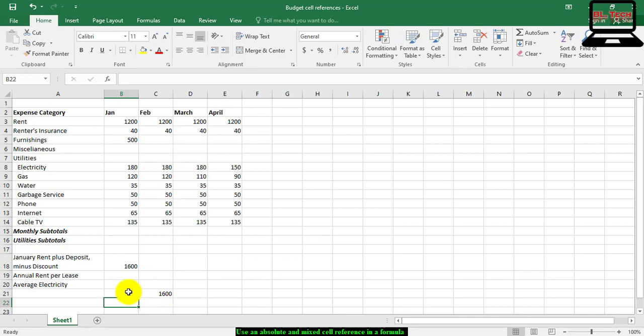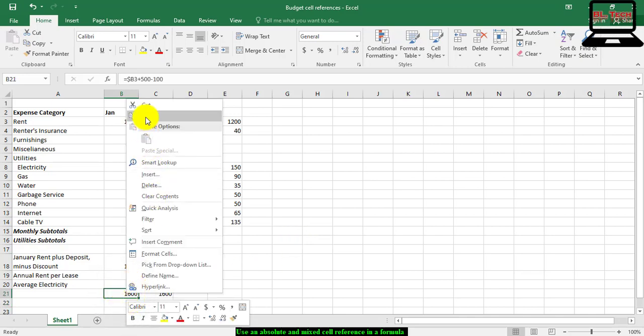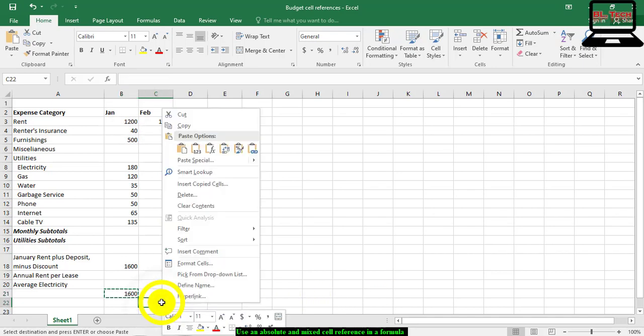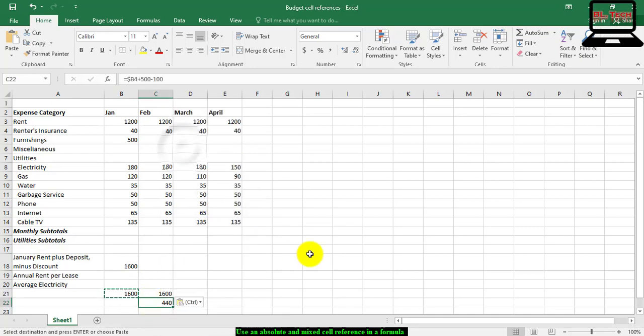Copy cell B21 to cell C22. The display result is 440, which is different from the result in B21.